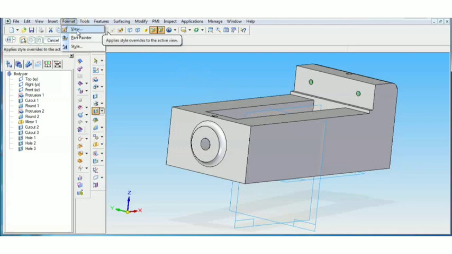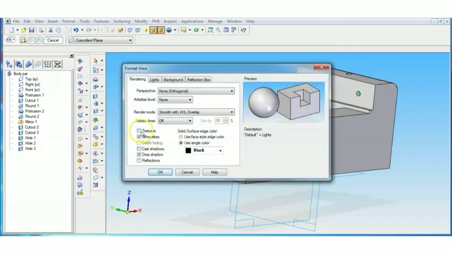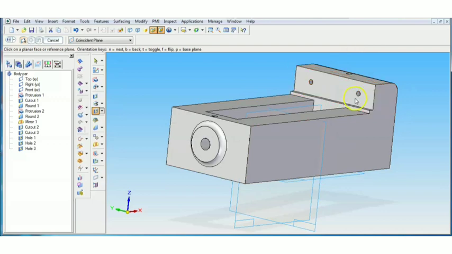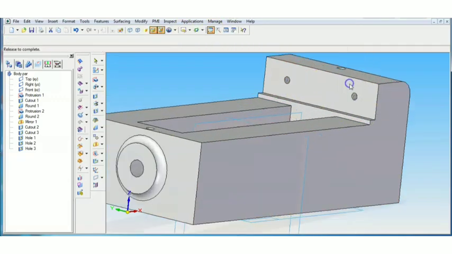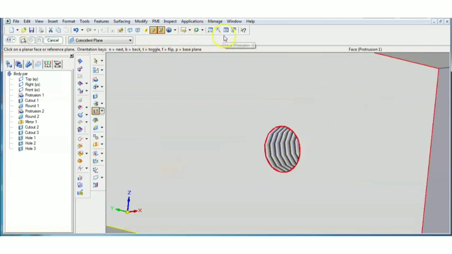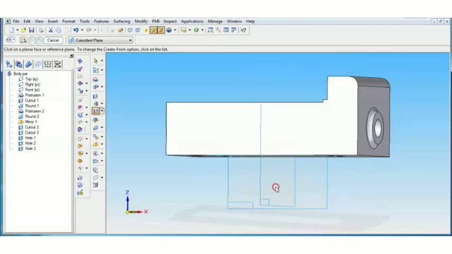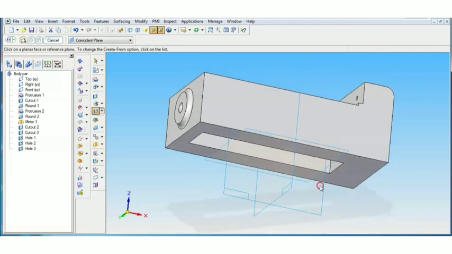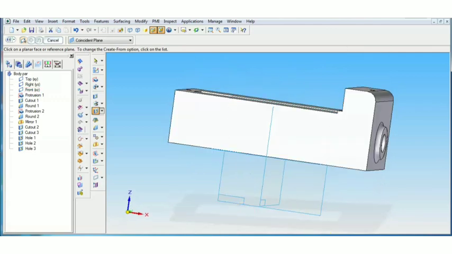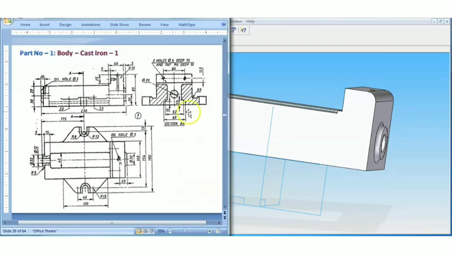If you want to see the texture, go to view, click on the textures, and you will be able to see the textures over here. You can zoom it and you can see it. Textures have been shown. Then further what is remaining is the bottom slot, which you can see in the side view. This is a slot which you have to create. To create this slot,